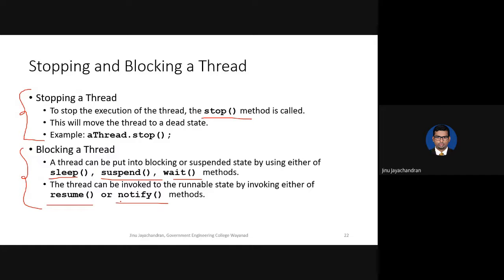Now the accelerometer will not give any input unless you change the gravity or you change the position of the accelerometer. So if you are running a thread in which you are getting the data from the accelerometer, as long as the accelerometer is not giving you data, that thread will be put in sleep state, because there is no point in executing it when there is no data. Once the accelerometer changes its position, it gives an interrupt to the controller, which will wake the thread using the resume function, and then it will execute.